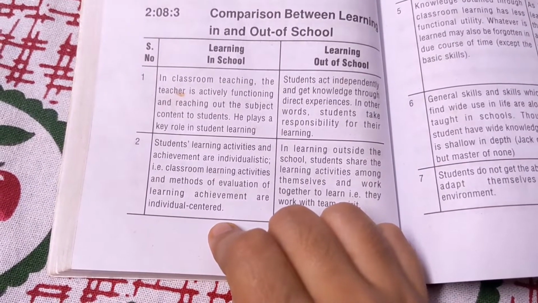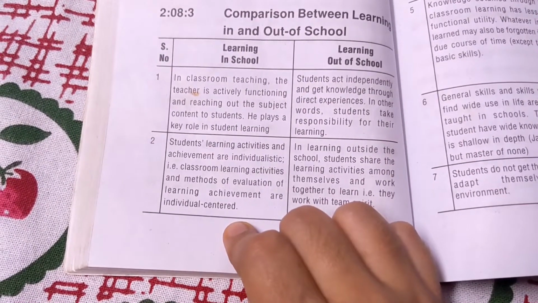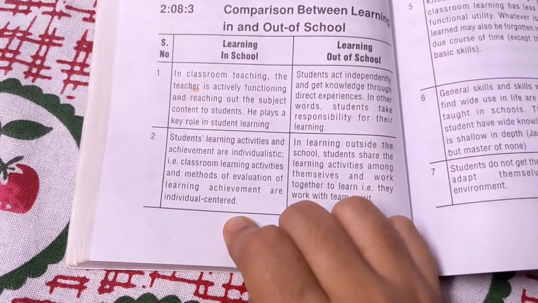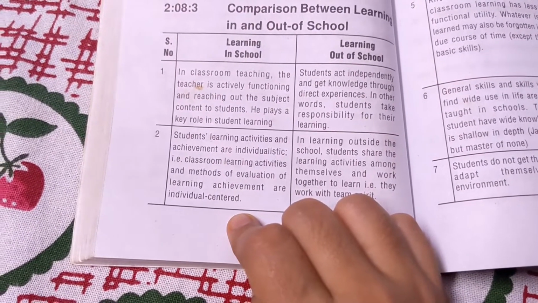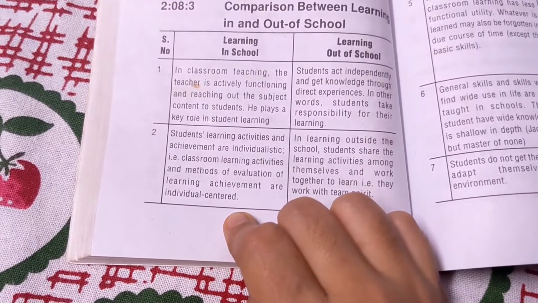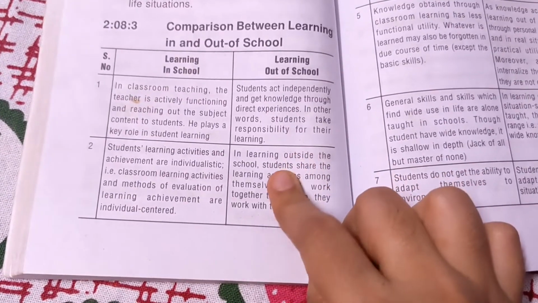And whatever you are learning, that is also going to be only individual. Now if the teacher is teaching, you are listening and you are learning. So it is individual learning. Many are listening, but all students are individually learning from what the teacher is teaching. This is not a group activity. Next, learning out of school. In this,